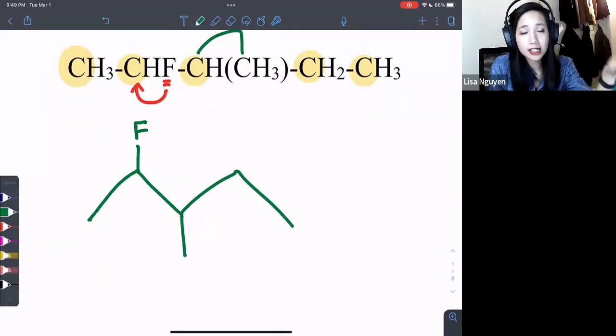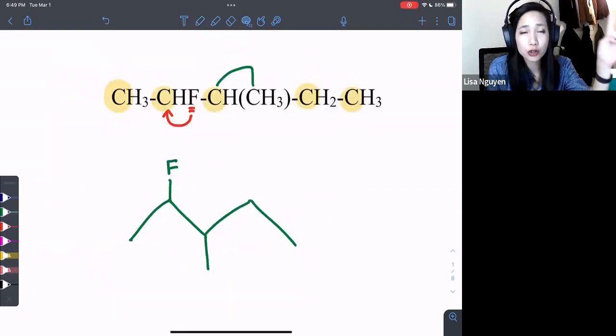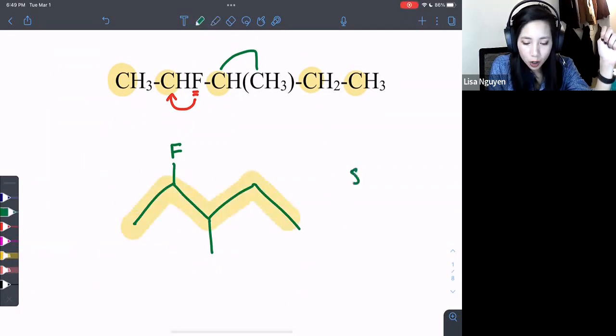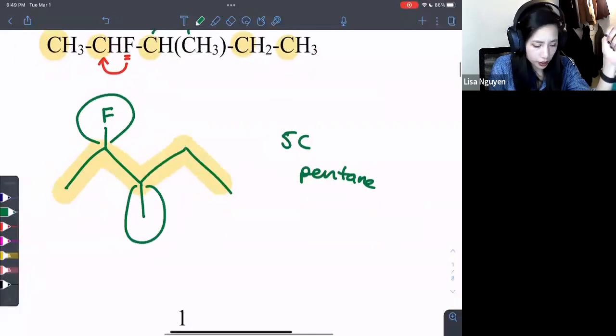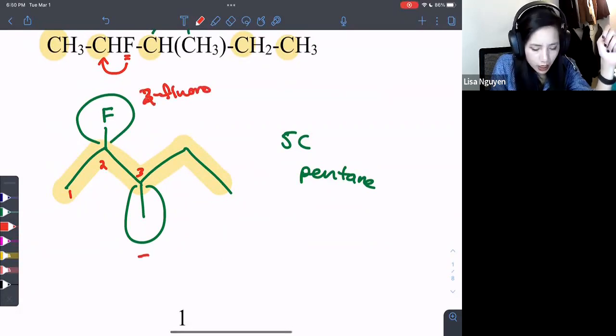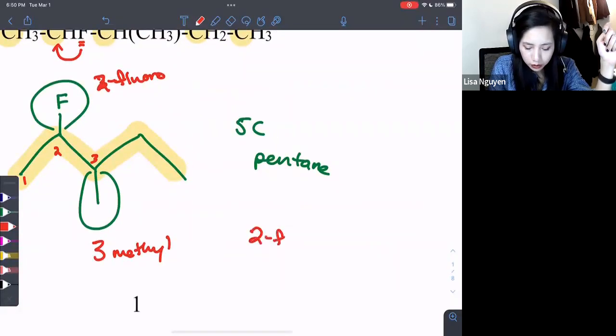So this is what the molecule actually looks like as a skeleton structure, which might be easier for you to name, because now I can see it clearly. We have 1, 2, 3, 4, 5 carbons in a chain. This is pentane. All right. And then we name the substituents. We have a substituent there and there. All right, so if I number them 1, 2, 3, this is 3 fluoro. Oh, no, it's 2 fluoro, sorry, 3 methyl. And that's it. So it's 2 fluoro, 3 methyl,